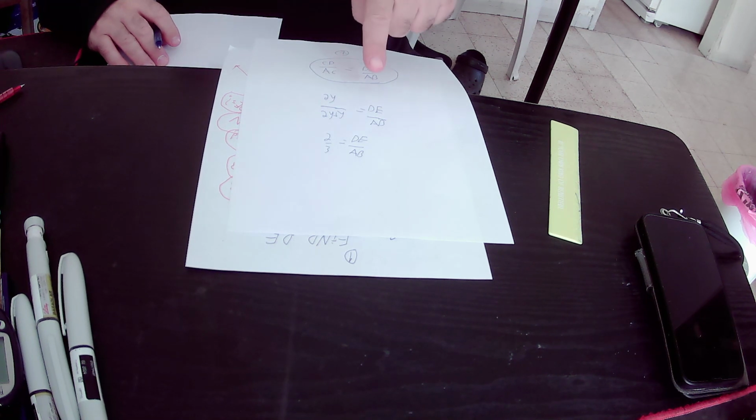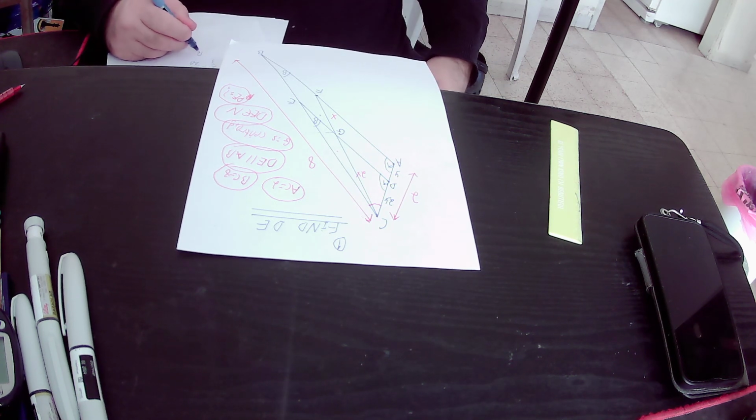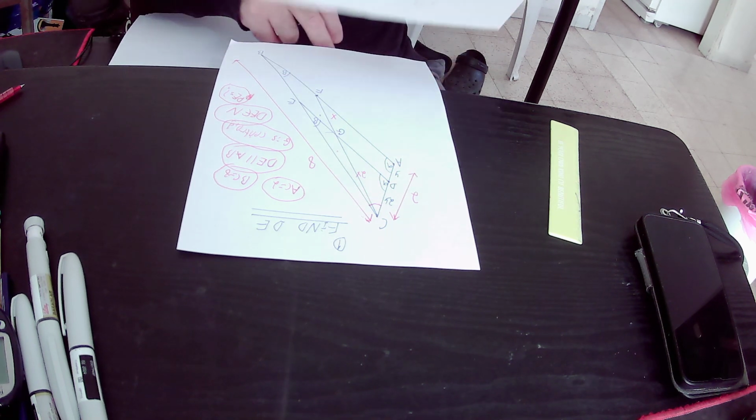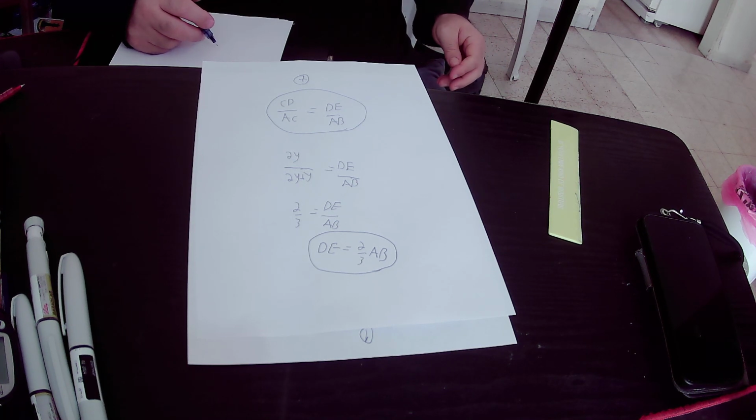We will multiply this equality by AB and we will get that DE is equal to 2 over 3 times AB. So we actually found out that DE equals 2 over 3 times AB,